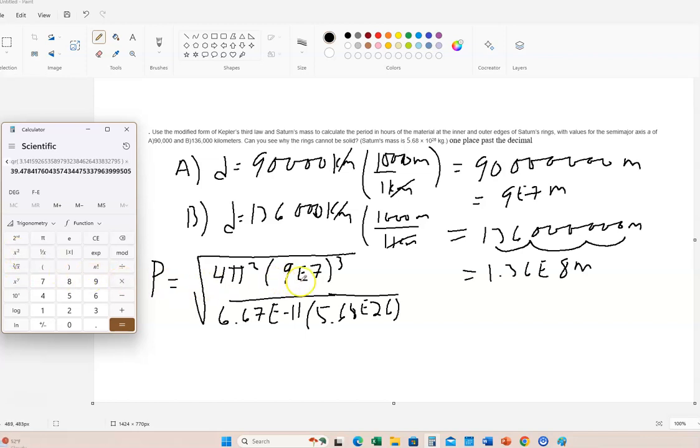Times 9 times 10 to the 8th, right? Sorry, 9 times 10 to the 7th. But remember, we got to raise that to the third power, right? And then we divide that by, and I'm going to use parentheses here because I'm going to divide it by two things that have to be multiplied together. All right, so divided by parentheses